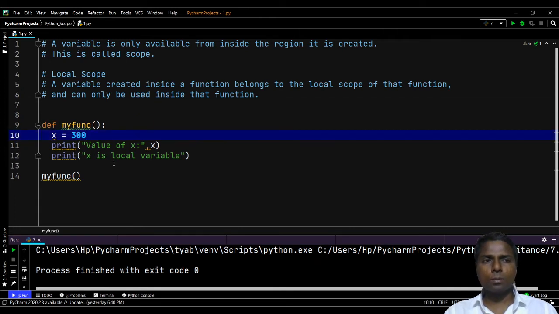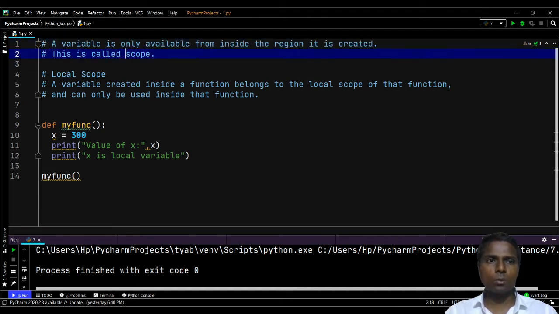So I have opened the first program from this Python scope concept. We'll understand it. A variable is only available inside the region it is created. If we create a variable in a particular region, suppose in one function, then the scope for that variable will be limited. Only for that function can we use that variable.